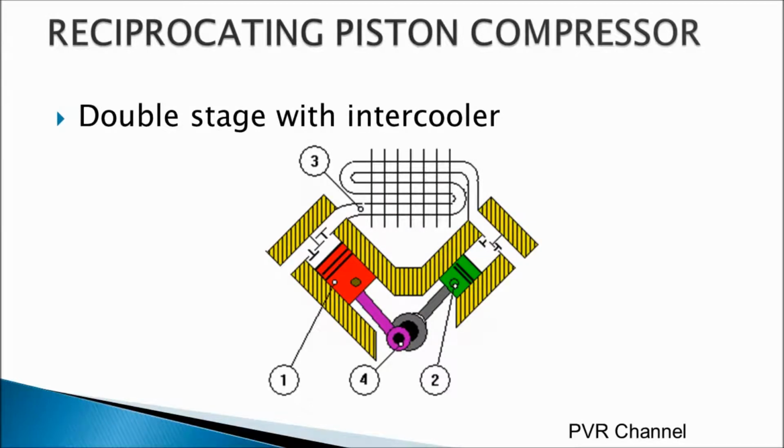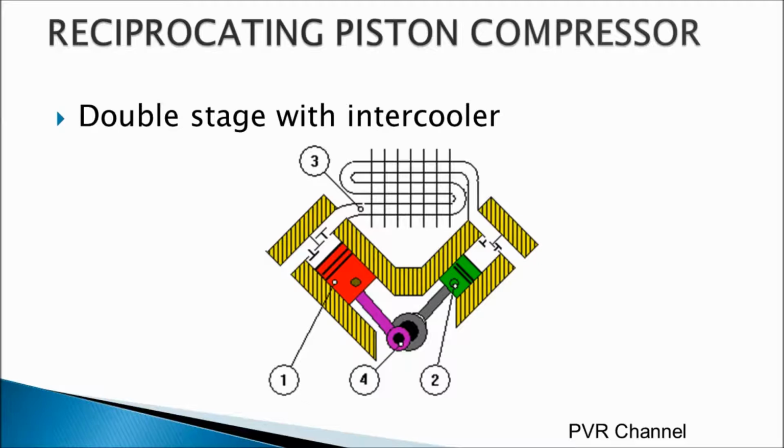Now, this is a double stage compressor with an intercooler. In single stage compressors, we had a problem with efficiency and other things. But that is overcome by the double stage with an intercooler in between the first and the second stage. Air taken in at atmospheric pressure is compressed in 2 stages to the final pressure. If the final pressure is 7 bar, the first stage normally compresses the air to approximately 3 bar, after which it is cooled. It is then fed into the second stage cylinder, which compresses it to 7 bar.